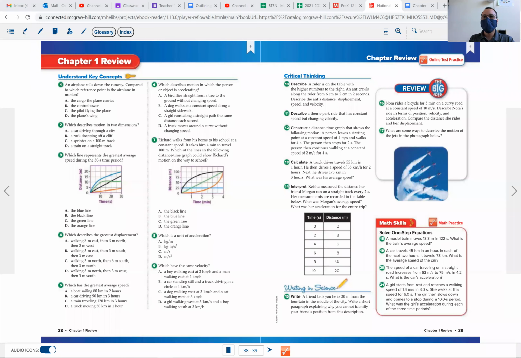And what we're going to do is go through all of the problems that we saw on our chapter review. Every single problem we're going to do right here, right now, because you guys are reviewing for today's